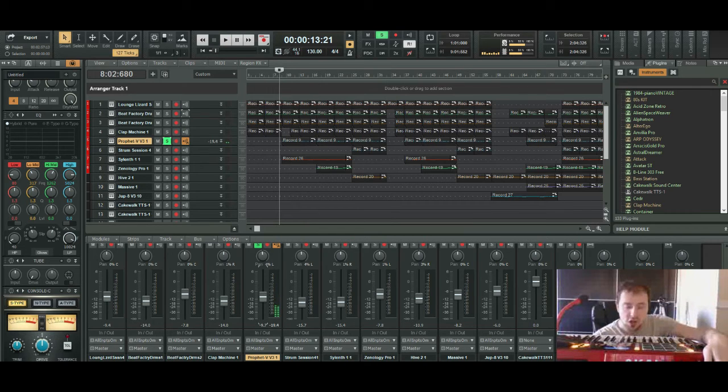Alright, so that was Prophet V. Brand new instrument from Arturia that I picked up. I mean, it's not new, but I love it. I want to use it more often. And like I said, this is definitely one of those fanboy squealing moments where I'm excited to see the return of the actual Prophet 5, the Dave Smith Sequential Circuits Prophet 5.